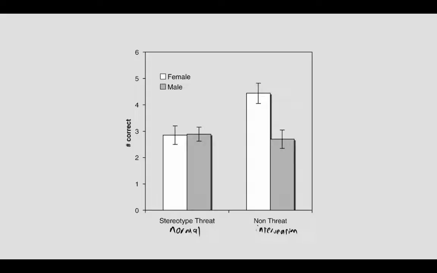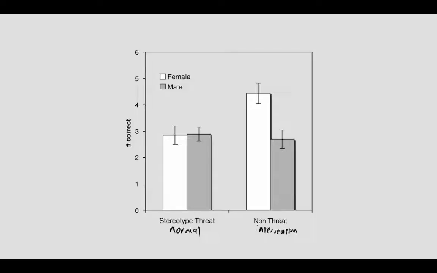The action they took here, the intervention they did, was at the beginning of the test, they had a little page write-up about the test and why it was important that they try hard and so on. For some of the students, that's all it said: this is an important test that will tell you useful things about your future performance. For the others, they also stated that the test had been tried with thousands of students and had shown no difference in male and female scores. So they had this context for the exam where they told the female students the gender stereotype that usually operates against you won't operate against you here. And that caused this significant change.